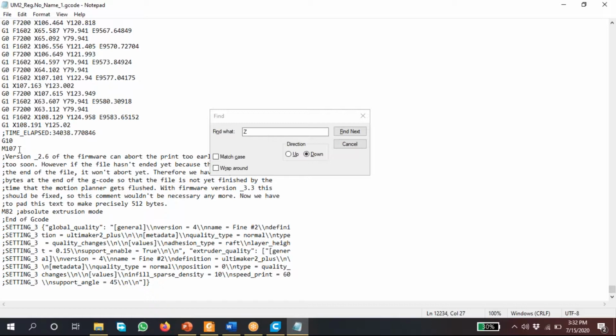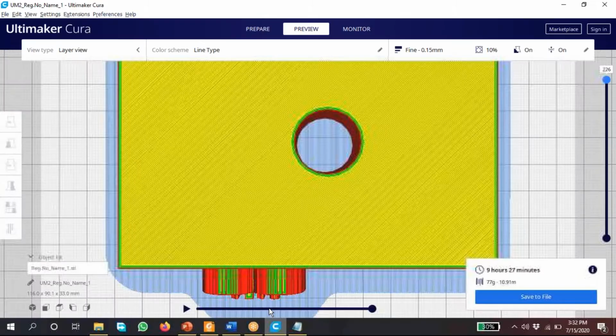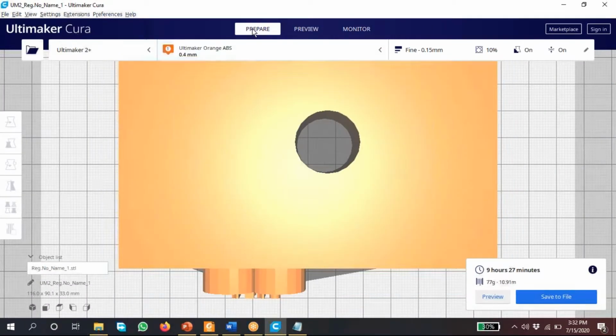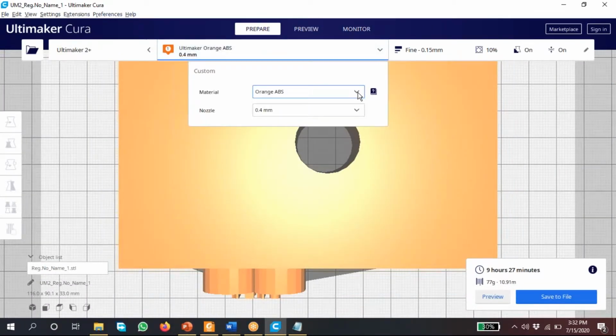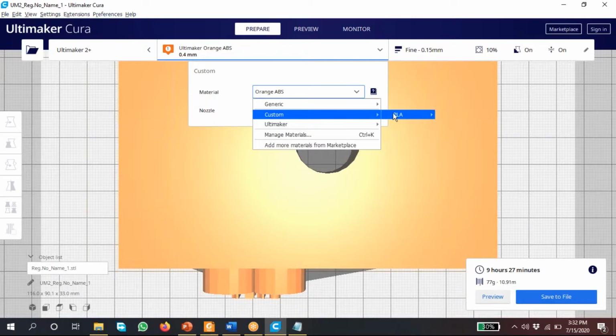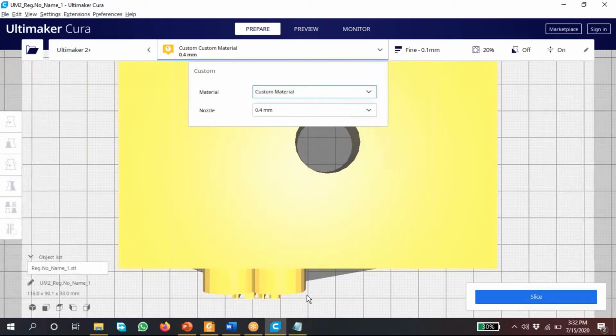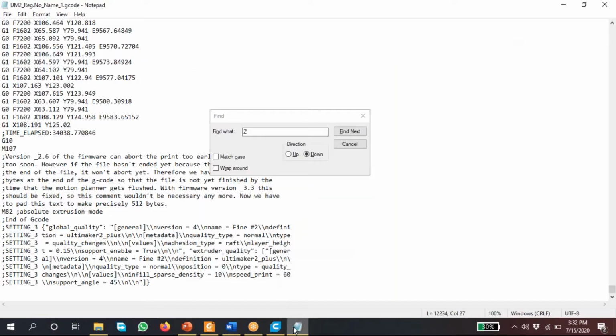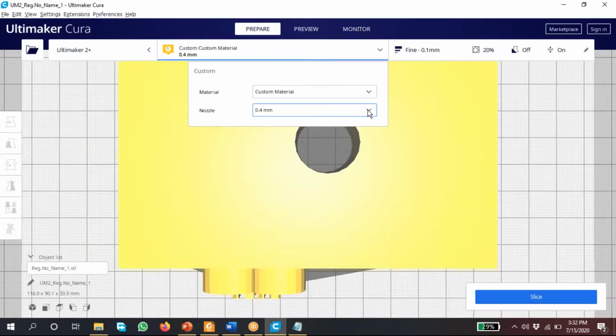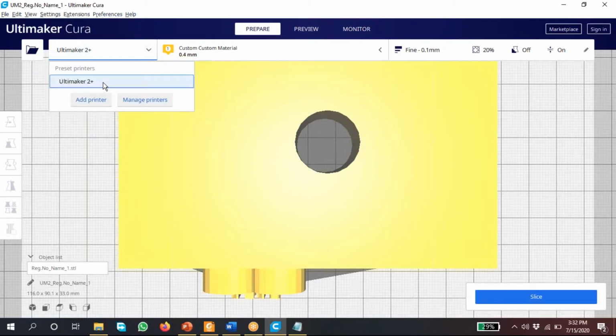By default, okay. If the material changes, the PLA melt temperature is different, the ABS melt temperature is different. So where do we set it? You need to go with the custom material, then it will ask for all those things. So how do we change the nozzle temperature? If you are defining the custom printers, right? There I have shown you, right?